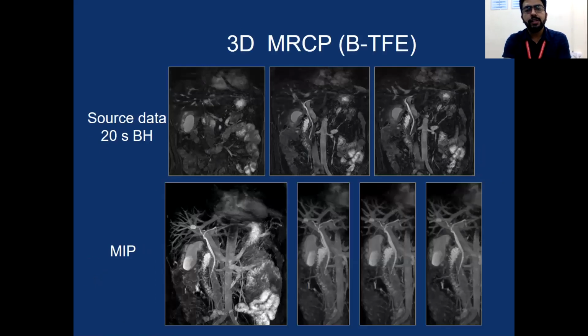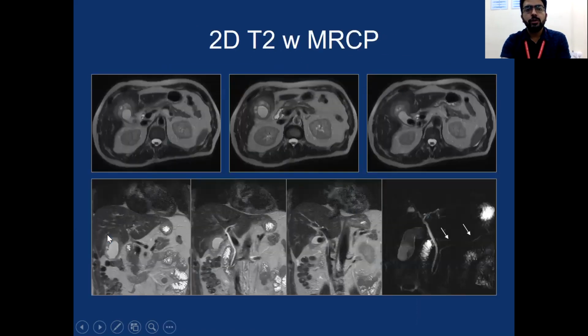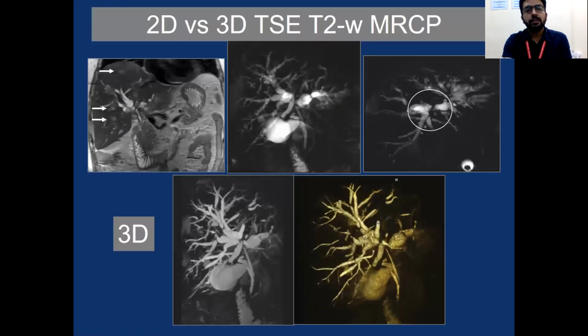Now we can also have 3D MRCP BTFE sequences, wherein we have source data of 20 seconds breath hold sequences. These are the coronal images of that. And these are maximum intensity projection images that we can appreciate. These are all 3D MRCP sequences. 2D T2 weighted MRCP images can also be obtained. 2D and 3D TSE T2 weighted MRCP images are also obtained,